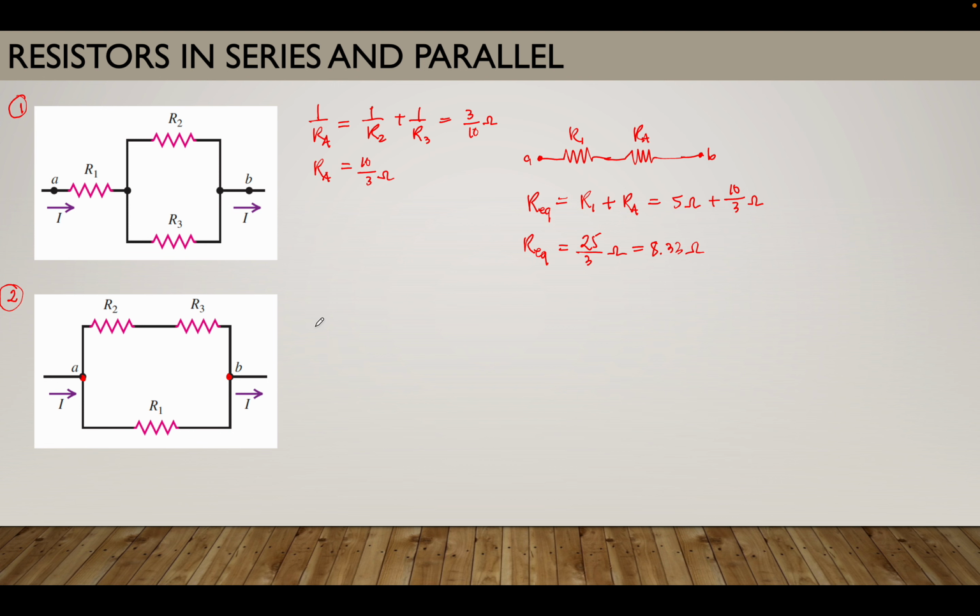Okay, so now, let's say R sub A, we need to get the total of R2 and R3 first, because the sum of this one will be in parallel with R1. So, we have RA is equal to R2 plus R3. And then, to simplify the circuit, we have, this is your RA. So, this is point A, and then this is our